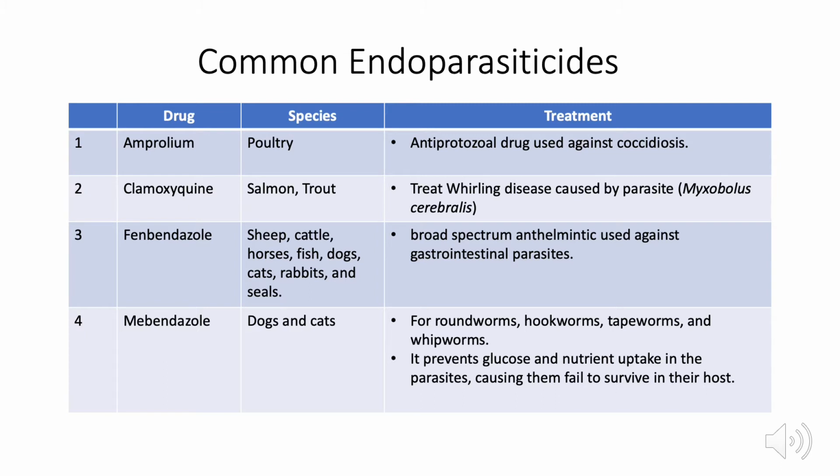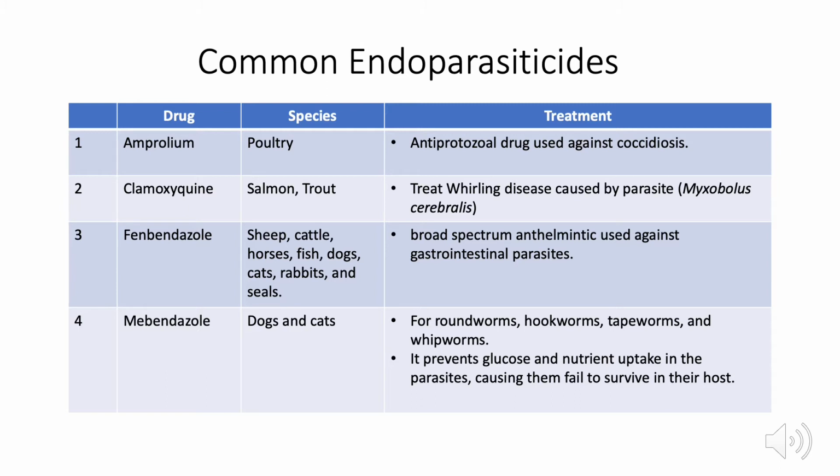Clamoxyquine is used to treat Whirling disease in salmonid fish, the family of fish that includes trout, salmon, and whitefish. The disease is caused by an invasive parasite known as Myxobolus cerebralis. The parasite penetrates the head and spine cartilage of salmonid fish, where it multiplies very rapidly, putting pressure on the